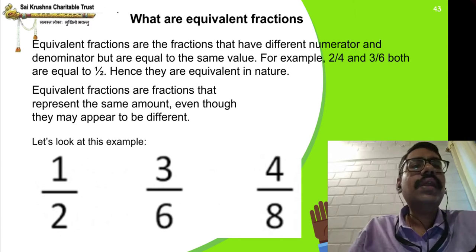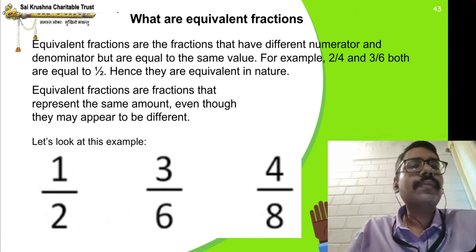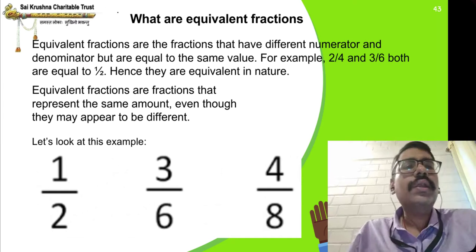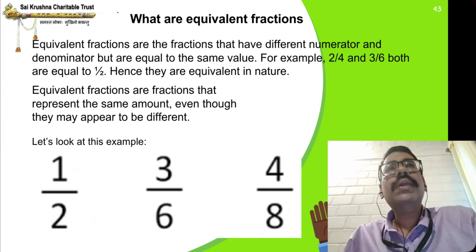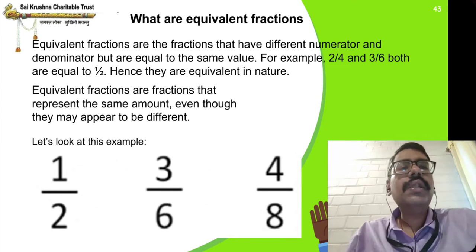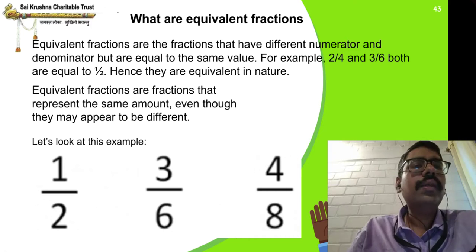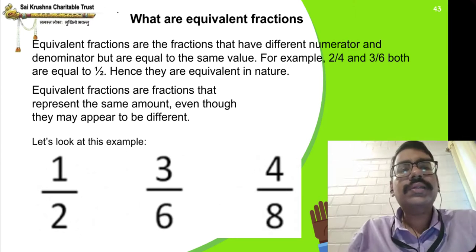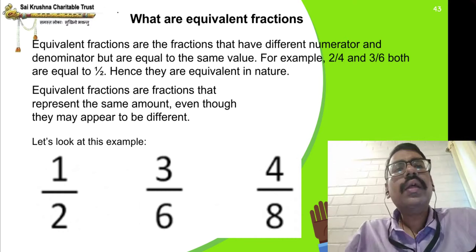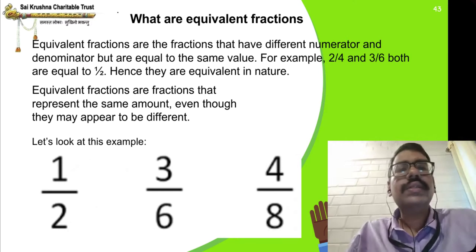What are mixed fractions? A fraction consisting of a whole number and a fraction is called a mixed fraction, or a fraction expressed in the form q r by d is called a mixed fraction. Like fractions: fractions having the same denominator are called like fractions. Okay. Now we'll discuss what are equivalent fractions.